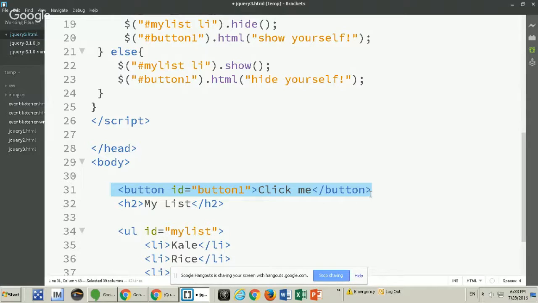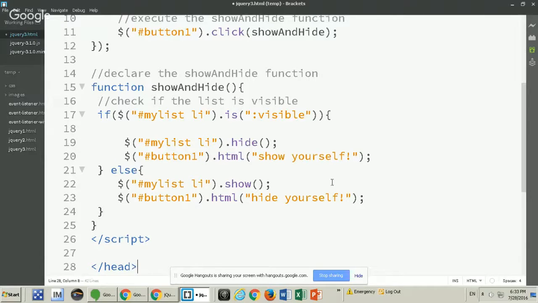Would the results be the same if you went to just my list instead of my list li? Is my list referring to the whole list? On which line? Oh, line 19, every time you mention my list li. Would it be the same if you just had my list? Well, because my list is only LIs, my list is going to refer to the UL. So